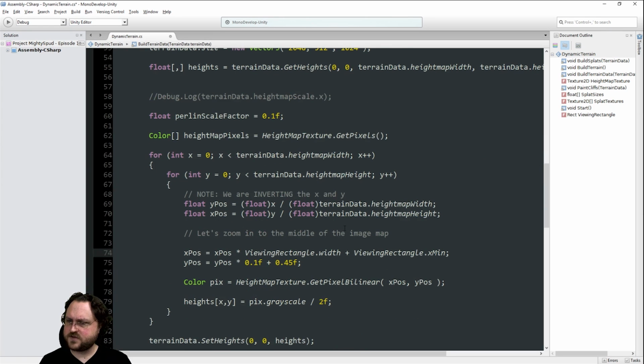Yeah, no, that's right, isn't it? Multiply by width. So if we had a width of 0.1, it would multiply it there. And we say we want the top left corner to be 0.45. That would be correct.